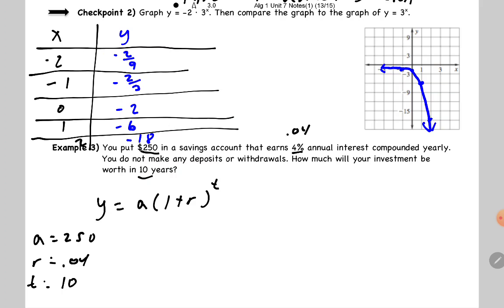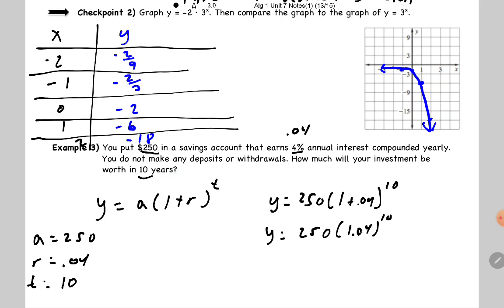You put $250 in a savings account that earns 4% annual interest compounded yearly. You do not make any deposits or withdrawals. So you put $250 in and you just let it sit. How much will your investment be worth in 10 years? So we're going to use the formula here. Y equals 250 times the quantity 1 plus 0.04 to the 10th. And then we're going to put this in our calculator. So you're going to do 1.04 to the 10th, and then multiply it by 250, and we'll get